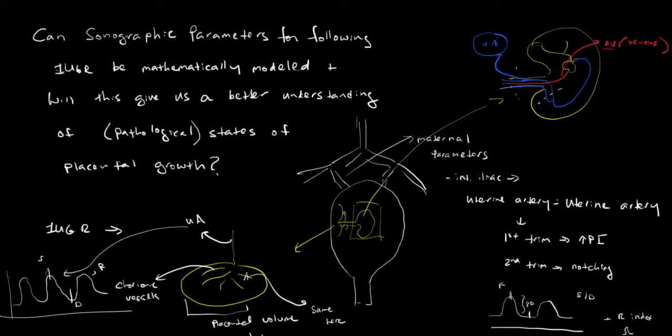The topic today will be the type of ultrasound, and particularly Doppler flow parameters, that are used to follow a pregnancy. And we'll see or contemplate how these could potentially be related to placental pathology. So I entitled it, Can Sonographic Parameters for Following IUGR, because that's really a main problem, be mathematically modeled, and will this give us a better understanding of pathological